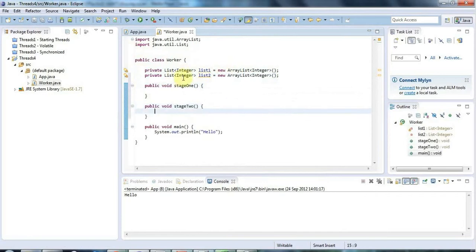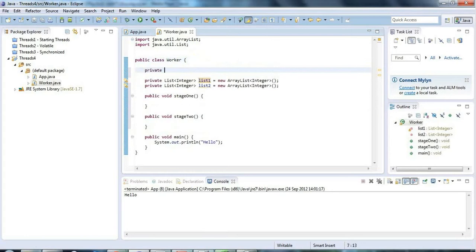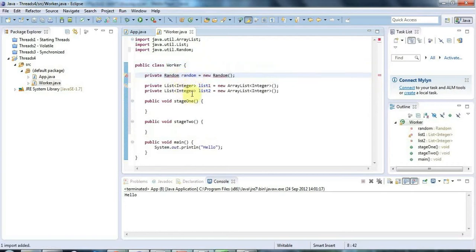Now stage 1 is going to do something with this list1 here. So let's just have something to do. I'll just declare a random number generator up here. This doesn't really have anything to do with multi-threading, but I'm just trying to make this as semi-realistic as possible. And let's imagine that stage 1